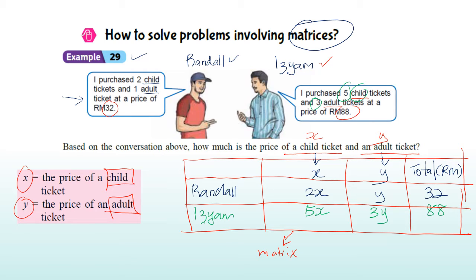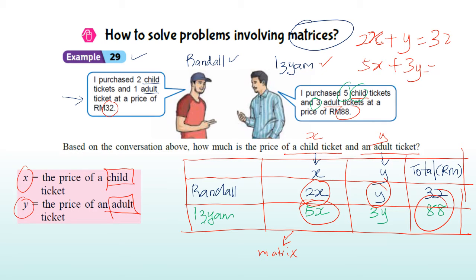You know that 2x plus y equals 32, and then 5x plus 3y equals 88. Okay, so when you have these equations, then you can start to solve it, find your x and y